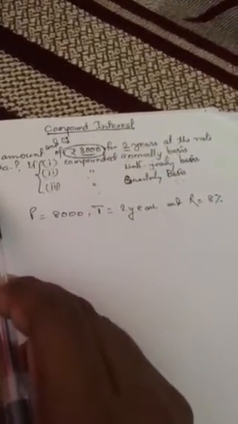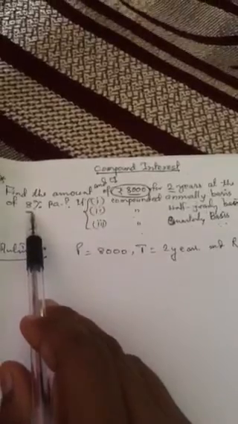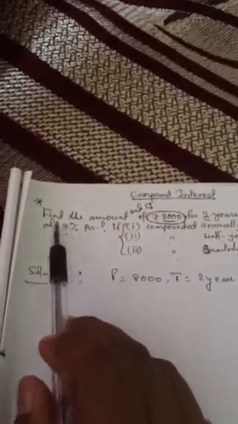This is given. The given rate of interest is always for the annual basis, per annum. It is not for half yearly, not for quarterly. But if you have to calculate interest on a quarterly basis, then the rate should be converted to a quarterly basis. If you have to calculate the interest on a half yearly basis, then you have to convert this rate of interest also to a half yearly basis. How to convert that, I will discuss later on.